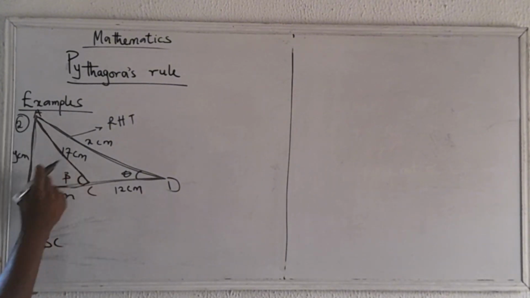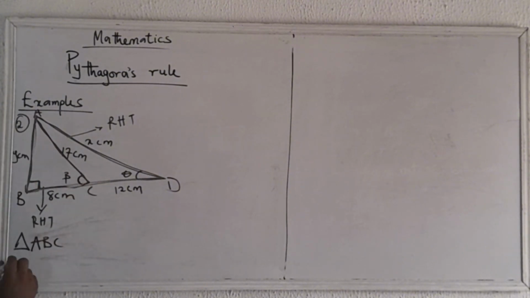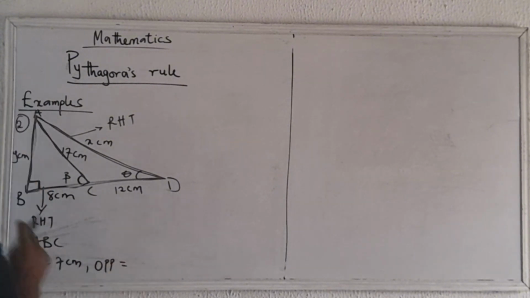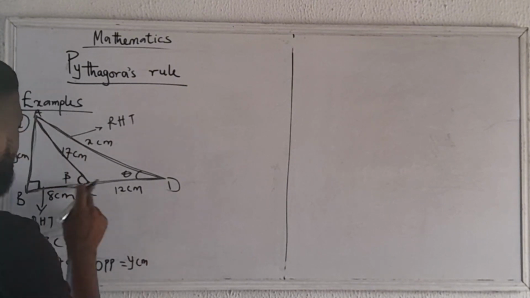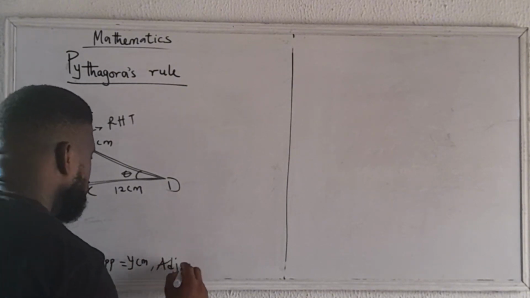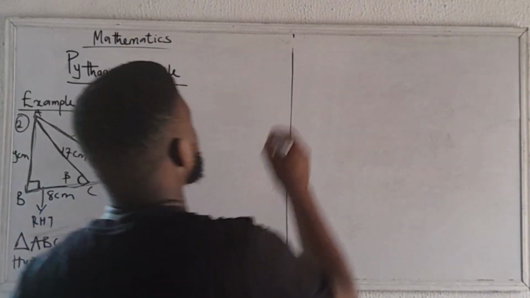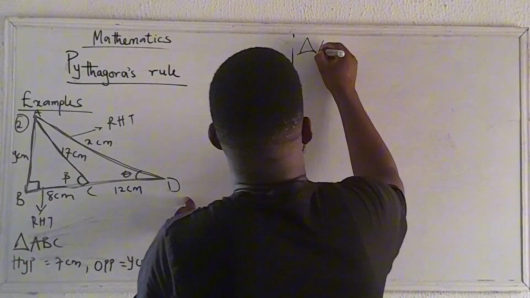This is the side facing the perpendicular angle. So from triangle ABC, we know that hypotenuse is equal to what? 7 centimeter, right? Opposite is equal to Y centimeter, and then adjacent, which is BC, is equal to 8 centimeters, right? But then in triangle ABD,